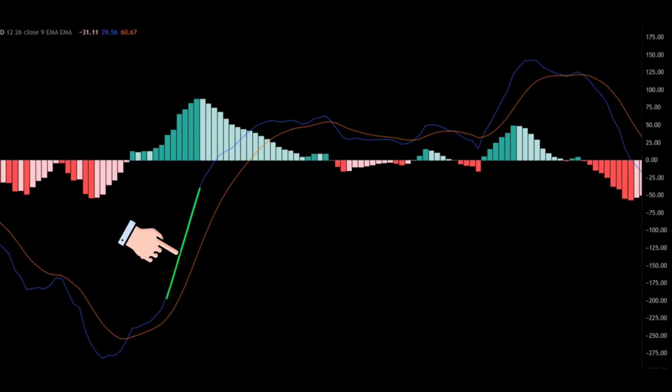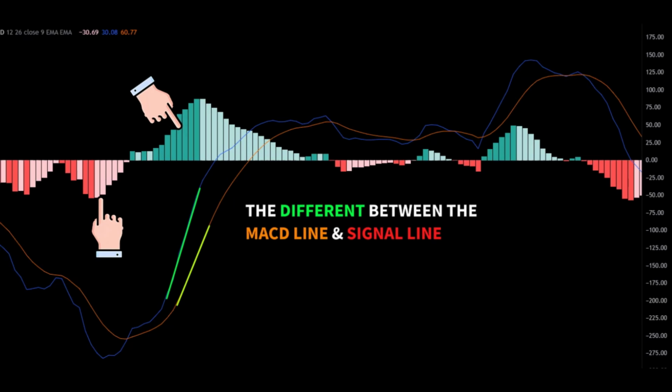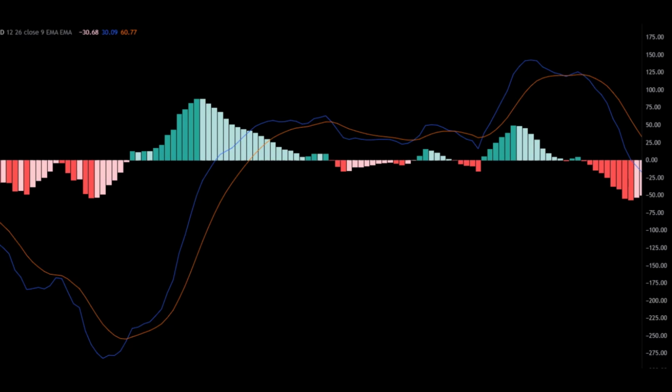The MACD line, which is the blue line in most cases, is usually a 12-day moving average. The signal line, which is the orange line, is usually a 26-day moving average. Next we have the histogram, which represents the difference between the MACD line and the signal line. So for example, the smaller the space between the two lines, the smaller the histogram gets, the bigger the space,